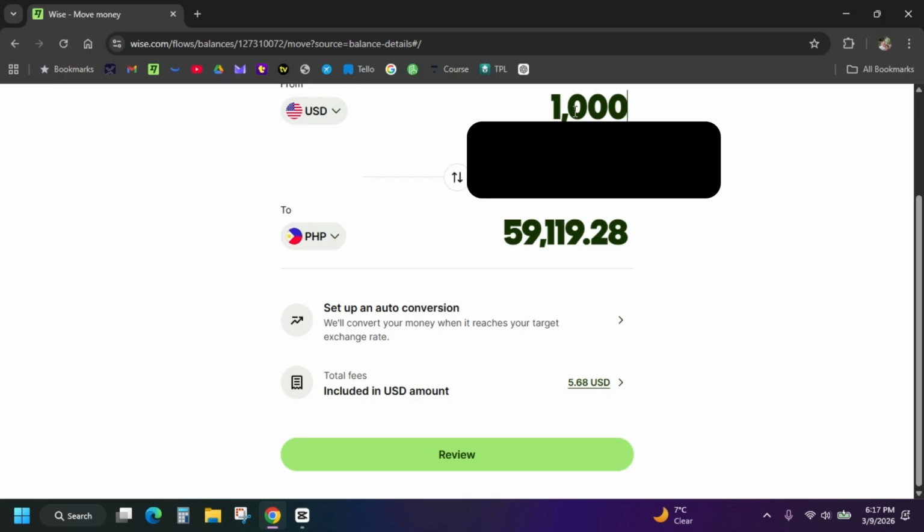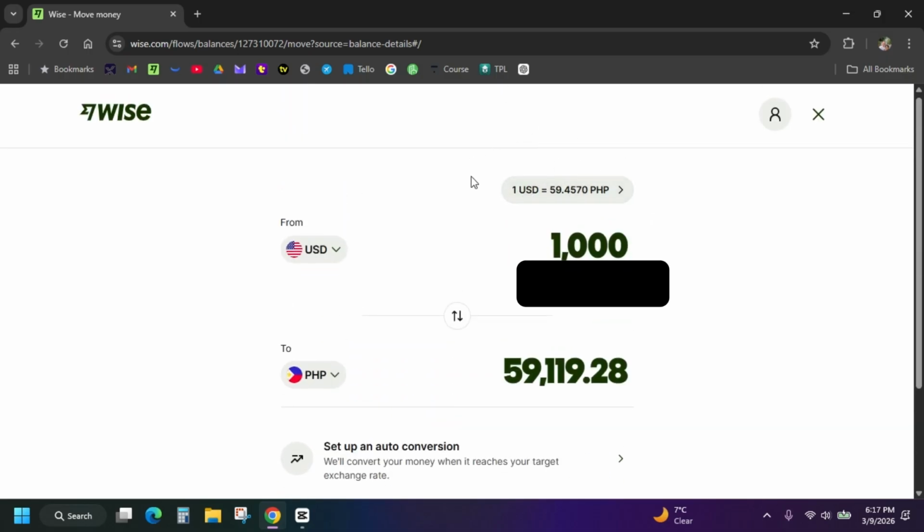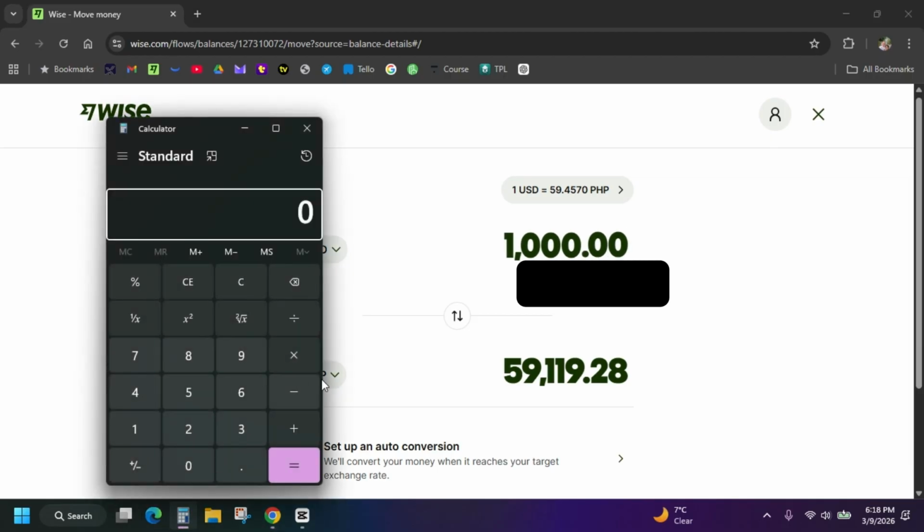That is the spread that you're getting between the current market rate of 59.457 to the 59,119 conversion. Just literally take 3 zeros, move the decimal place 1, 2, 3, and put the decimal mark right here instead of the comma, and that will tell you the spread between the two. So I'm going to pull up my calculator here. 59.4570. Subtract that from 59.11928, and you get a difference of